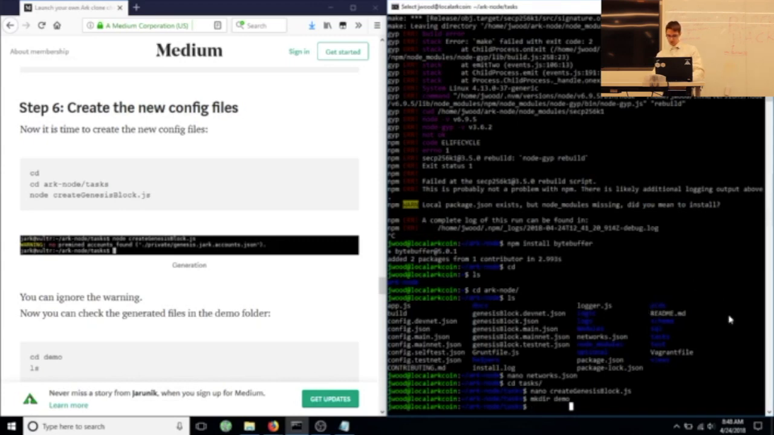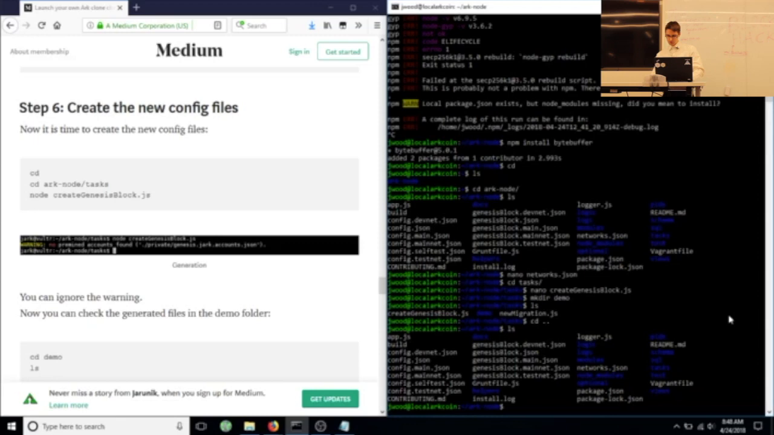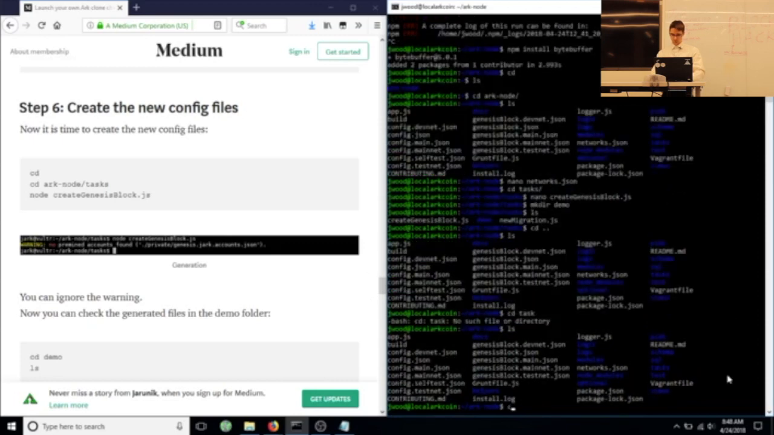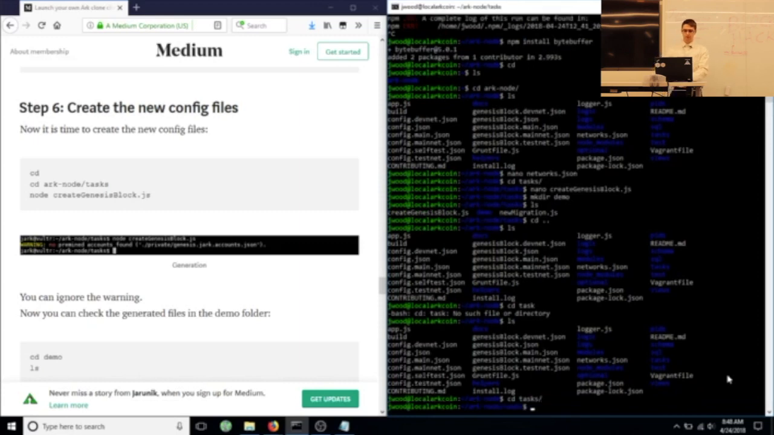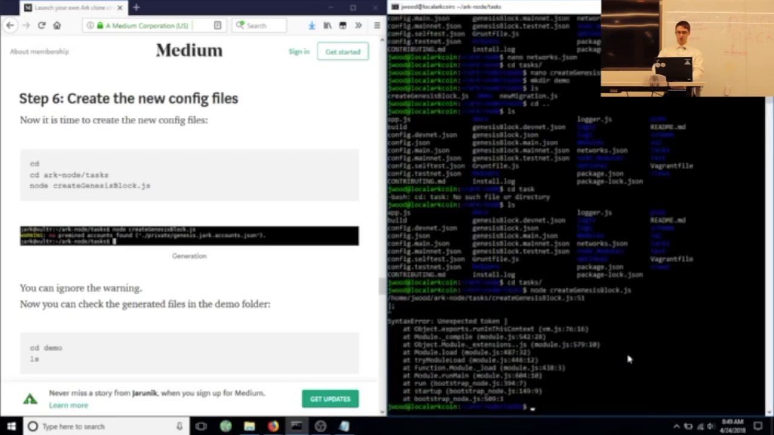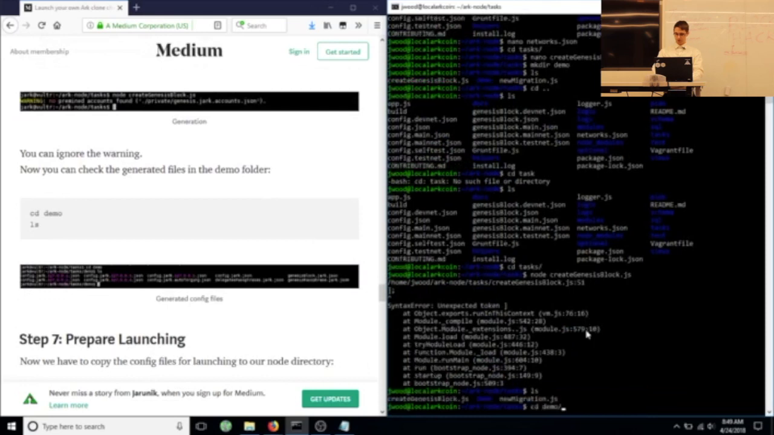Let's go back up just into Ark node and cd in. All right. So within tasks, let us run node on create Genesis block, and that's actually going to instantiate our config files. All right. So now inside of demo, there should be,